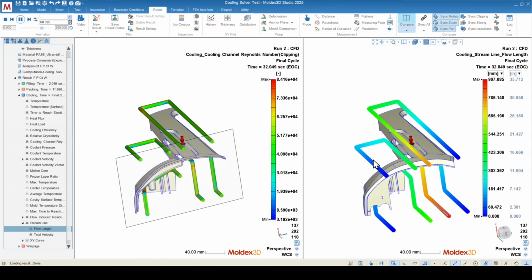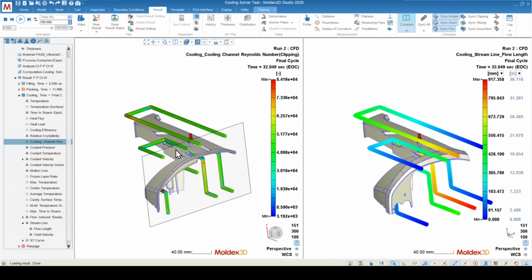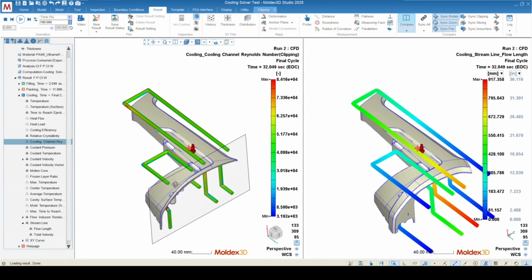And again, this might be a little bit more exciting if you have a dynamic flow path, an object or an insert where the coolant has a decision to make as far as the flow path is concerned. In this case, not too exciting. The particles all kind of end up at the outlet. You can use this information to figure out what is the preferred flow path of the coolant and maybe make